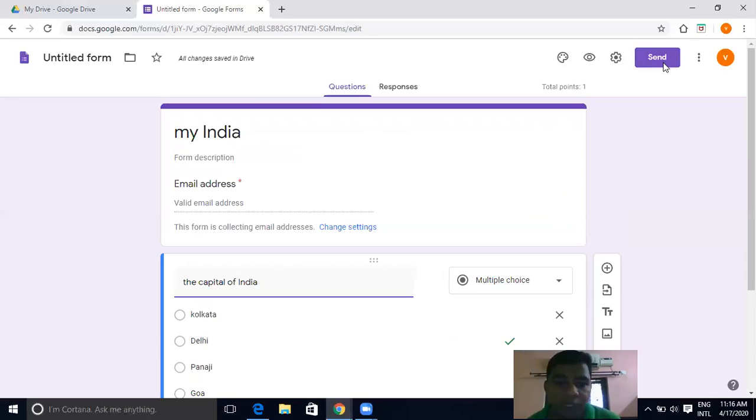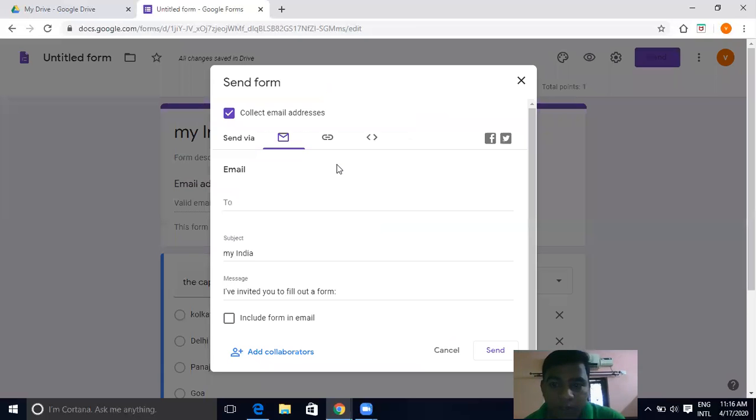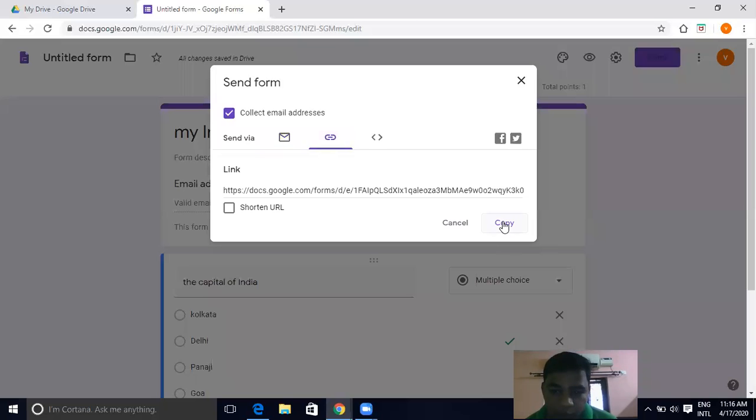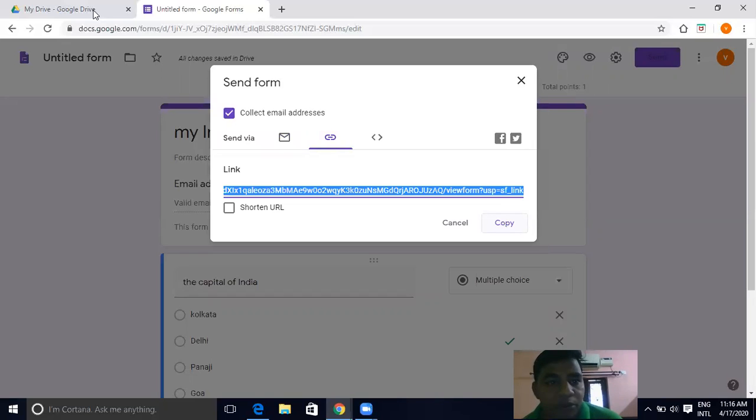For sending, what I do, click on send, click on this link, copy this link. Once you copy this link, you go to your email account or any other account, and you can share this link through Gmail also.